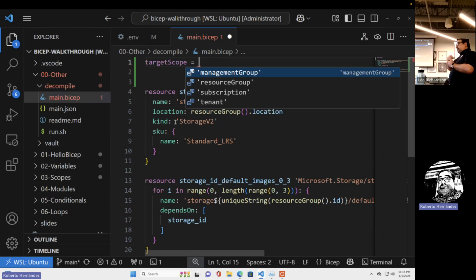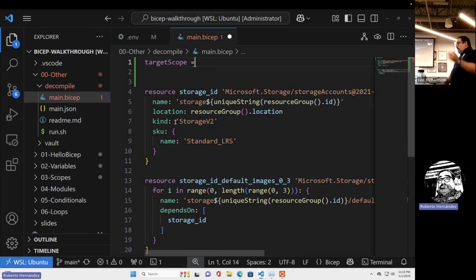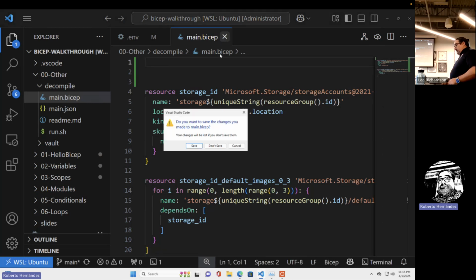So most of our clients don't fall into that category. We work for mid to large enterprises, and they don't have a need for us to be in their management group also. But the default option is resource group. That's all that it is. And that's why when I came into this file, there was nothing. But I do want to show you something about this file,